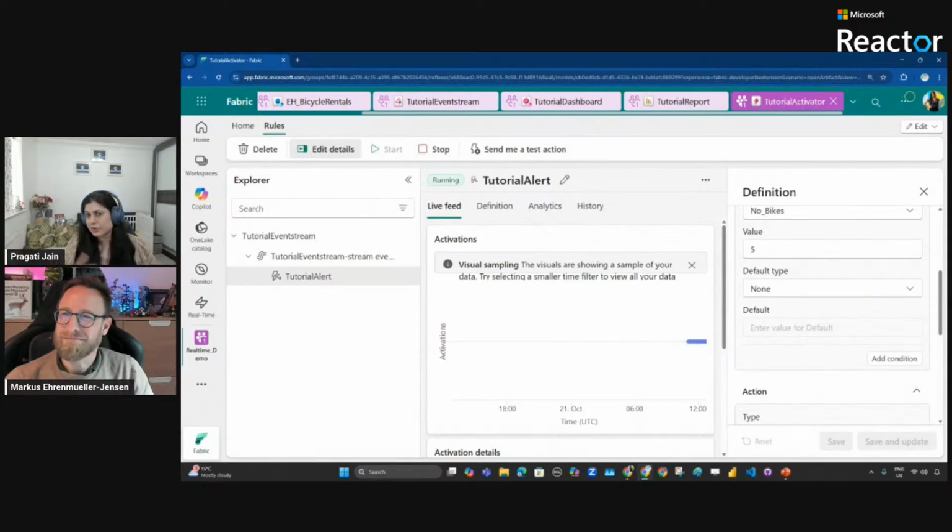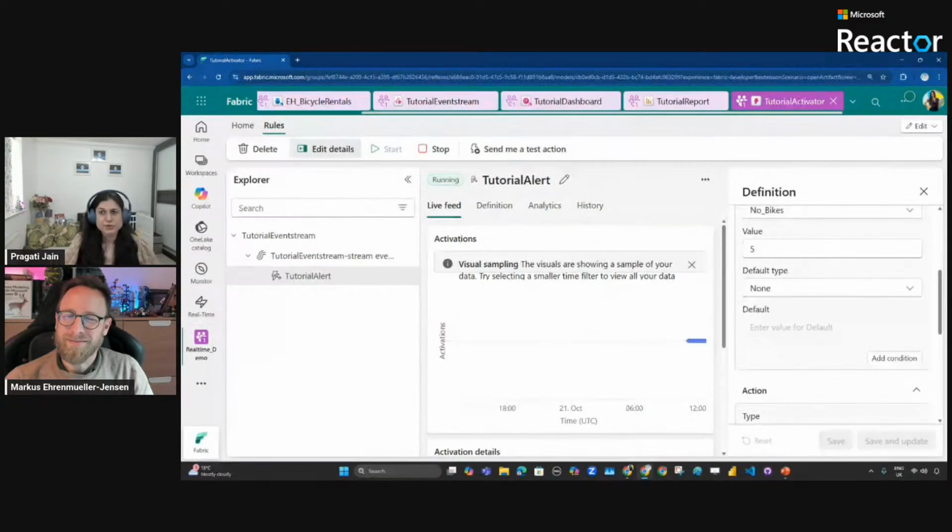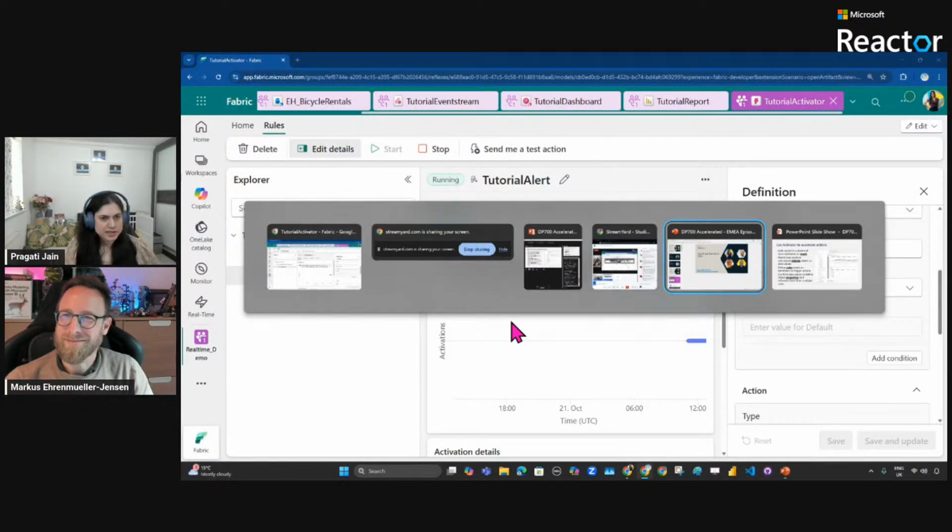And now you can modify those rules. You can add those rules. You can also modify the kind of message that it will email you or send to you in Teams. So there is a lot of flexibility that you can play around with when creating these alerts in your environment. Let's go back to the slides.